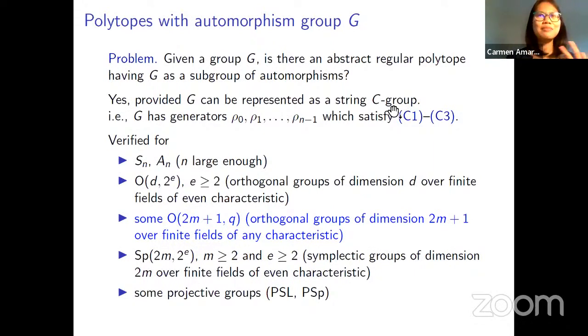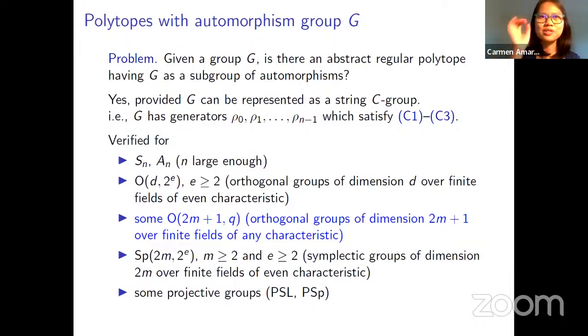Why? Because we said if you have any string C group, you can construct a polytope having that group as a group of automorphisms. So all we need to do is to work with the group itself and see if we can find generators rho 0, rho 1, up to rho sub n minus 1, satisfying the three conditions in the definition